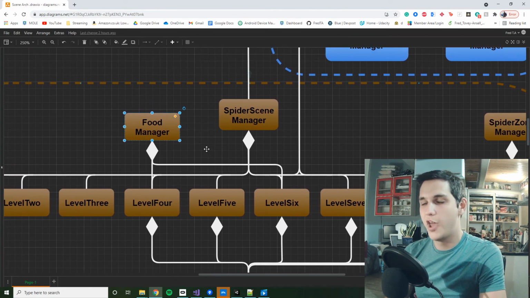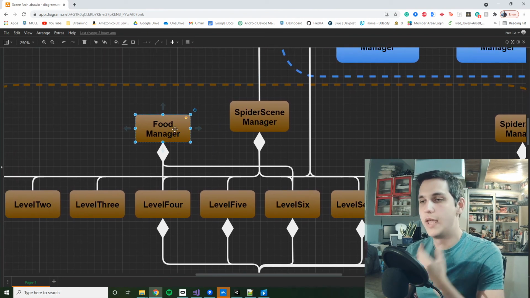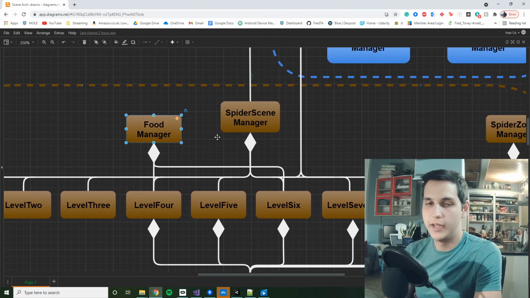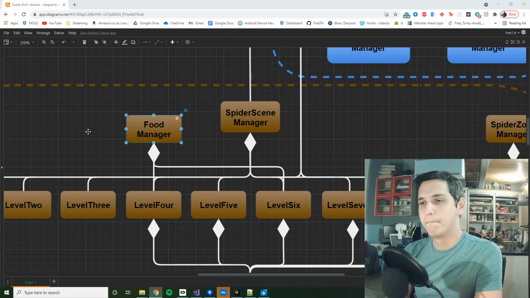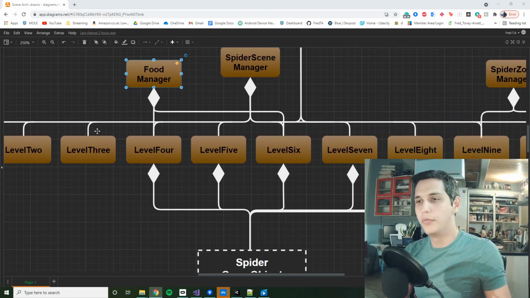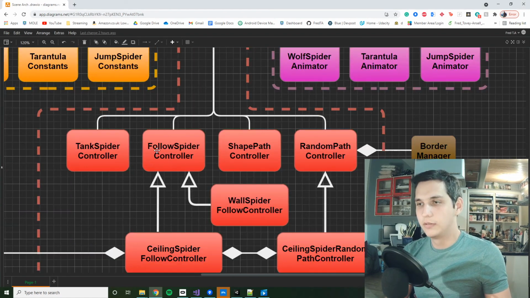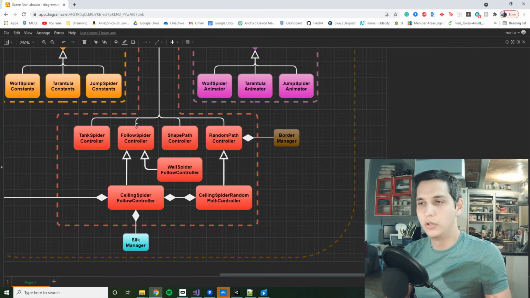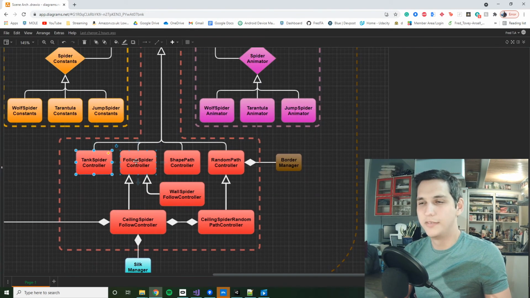In a similar way, there's a food manager that detects when the spider collides with the chicken leg or the zucchini or whatever, and then basically tells the level there was a collision. I could have that on the spider, but it's both the tank spider controller and the follow spider controller that need that, and I just didn't want to write it twice. I could have made an interface or a component and had them both attached to it, which I might change, but